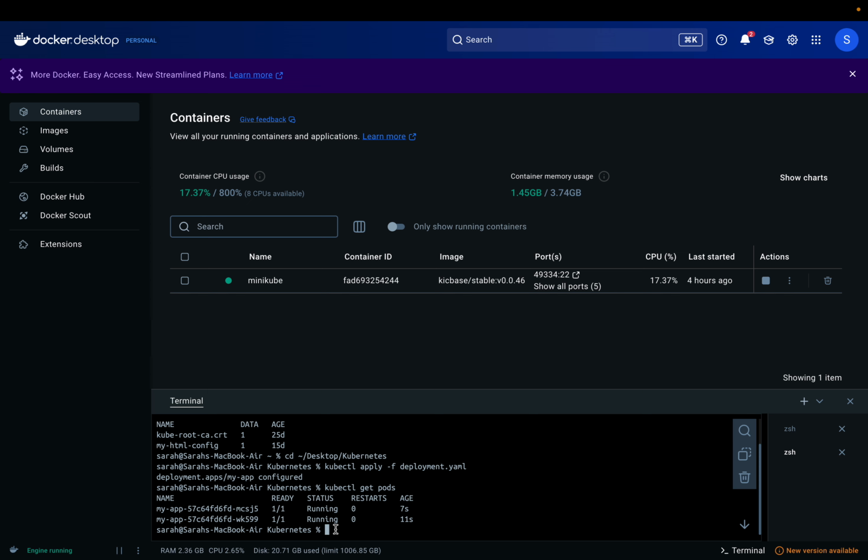Now we can verify the mounted files. In order to do that, we can write the command. We can copy any of these names and